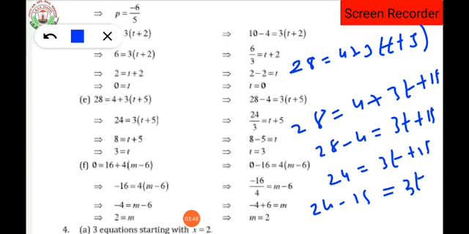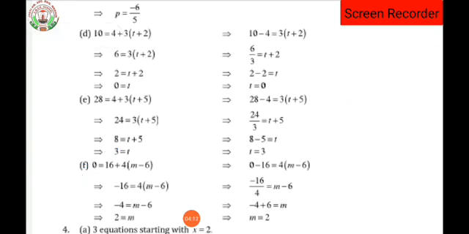So 24 minus 15, 14 minus 5 will become how much? It will be 9. Okay. Wait. 24 minus 15. Now let's see. Here it will be 14. 14 minus 5 will be 9. Here 1, that will be 0. So here what answer will we get? 9 is equals to, we will get the value as t. So while cancelling that number, we will get the required answer.